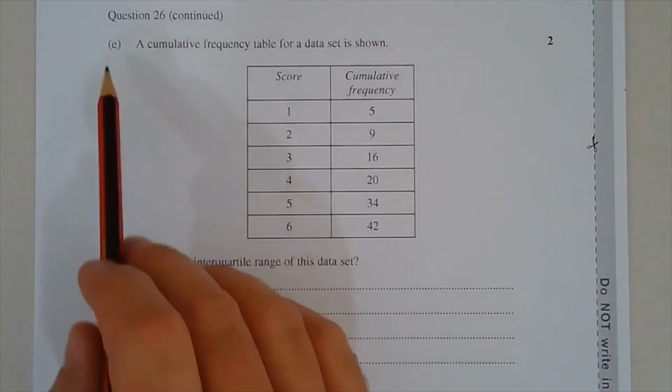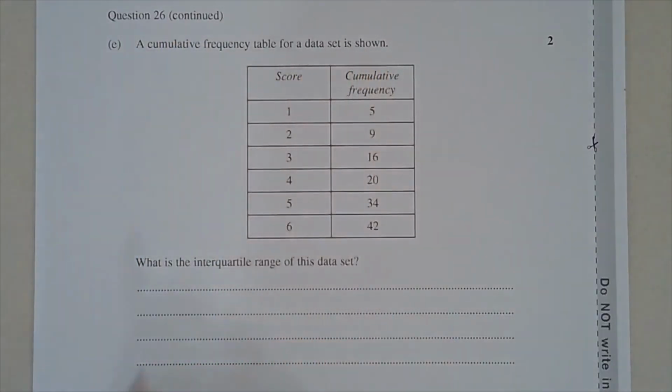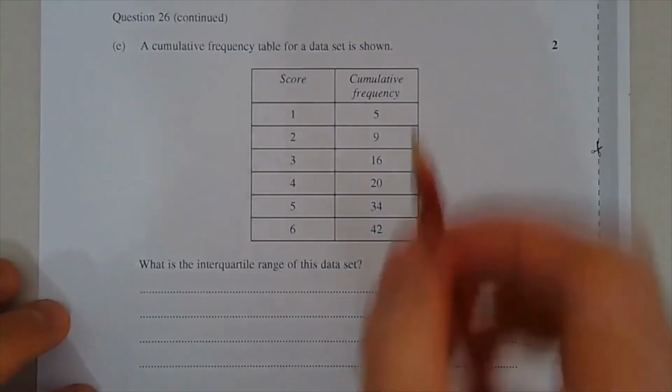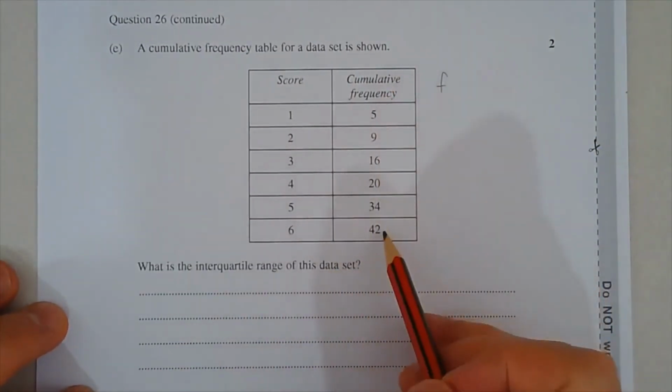Question 26E. A cumulative frequency table for a dataset is shown. What is the interquartile range of this dataset? This solution is different to the solution in the NESA marking guide, so it's just an alternative way of solving this problem. What I'm going to do is create a frequency column and convert the cumulative frequencies into the